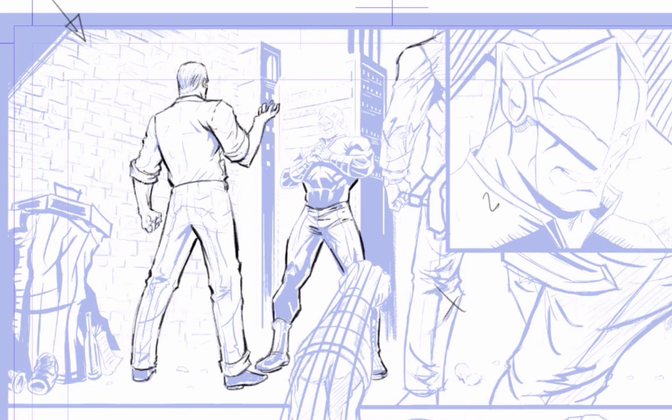Just as an aside here, now I'm going to go into the background a little bit. And what Marco has here is pretty good, but I just want to clean it up a little bit and especially concentrate on this garbage can, which to me really doesn't look like much of a garbage can. It looks a little odd. So I'm going to round out the lid. I don't think I've ever seen a garbage can with a lid shaped like that, like a hexagon. And I could be wrong, but